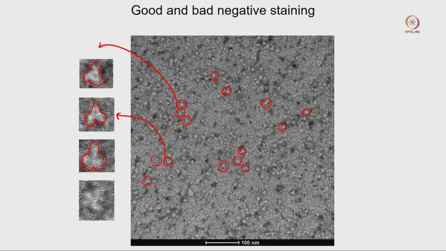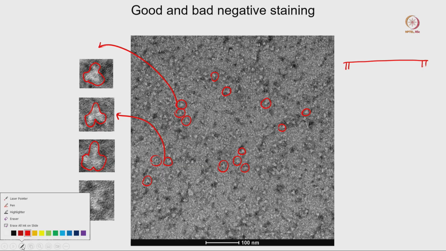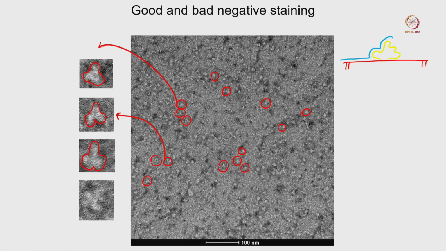So what is happening? If you recall from the last class what I told you, there are three types of staining possible, right. What you have here is the carbon, and on top you have carbon. Now, when you have any protein sample, if you just consider this is my protein sample, I will use the yellow color because yellow will not be very visible. But if I have a staining solution, something like that, and I put that staining solution, you can see the protein sample very well, right, because it is giving you a proper background.